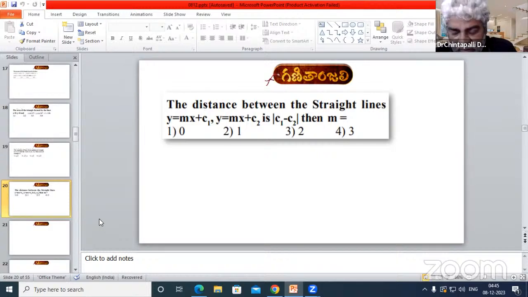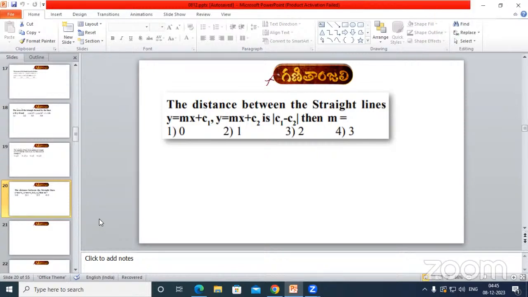Can you see the question now? Yes, sir. The distance between the straight lines y equals mx plus c1, y equals mx plus c2 is